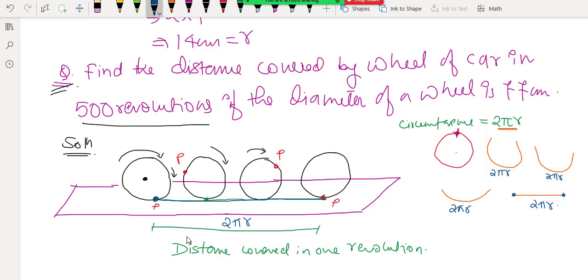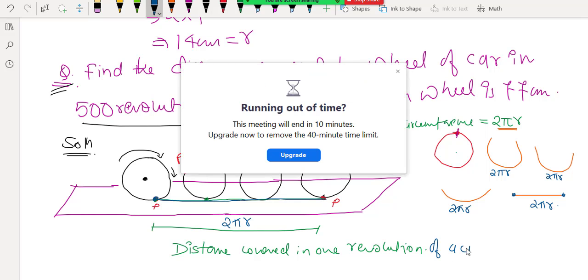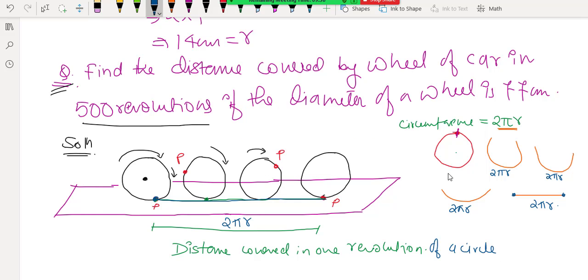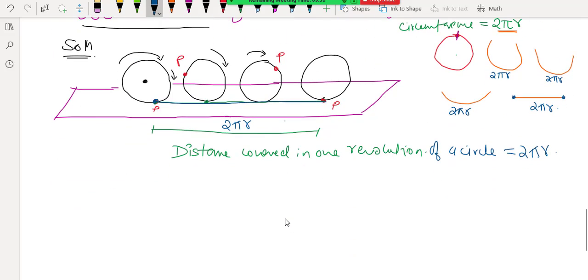That means distance covered in one revolution of a circle is equal to how much? 2 pi r. वो किसके बराबर हो जाएगा? 2 pi r के बराबर। Yes, that's very important. ध्यान से सुनिएगा। So the distance covered by circle in one revolution is equal to 2 pi r. एक सर्कल एक रिवोल्यूशन में कितना डिस्टेंस कवर करता है, 2 pi r डिस्टेंस कवर करता है।